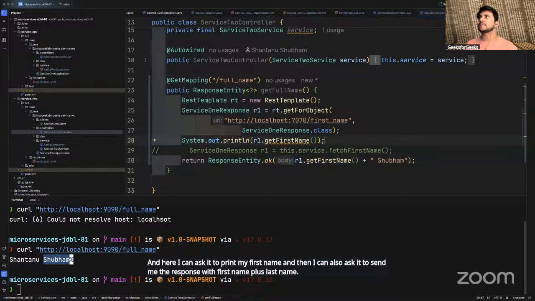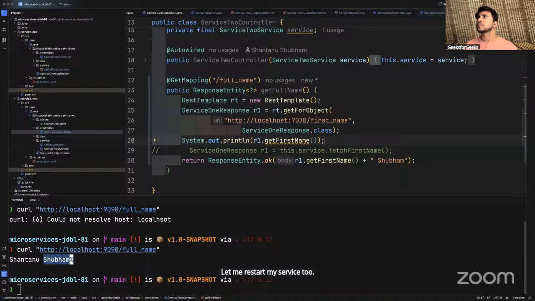Let me restart my service 2. So I'm going to restart my service 2 application.